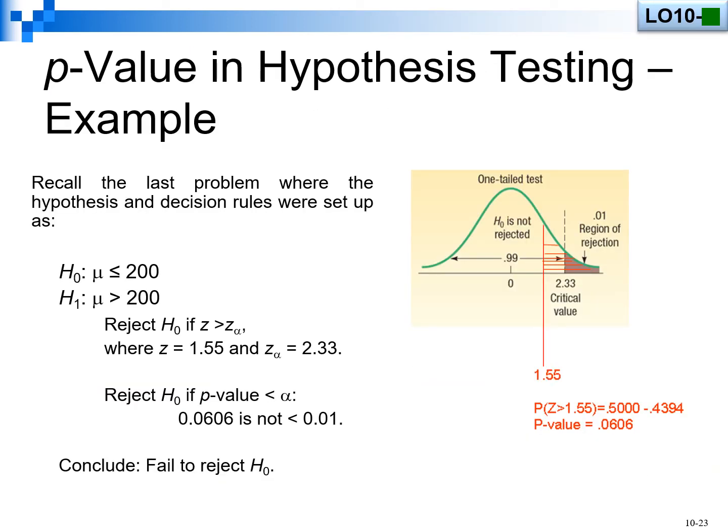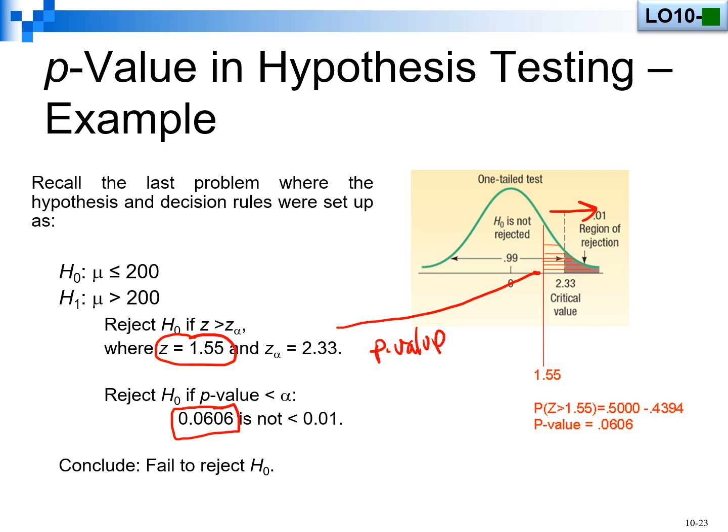So in this last particular problem, you notice we had a z-value, or this is your test stat z-value of 1.55. And of course, if you look at where this fell under the curve, it fell right there. So to actually get the p-value, what you do is you go to your z-table, you look up 1.55, and of course, you want the area to the right, not to the left. So when you get that area from your table, you're going to find out that the area to the right of that particular value is right here, which is